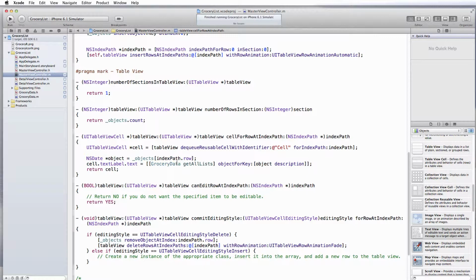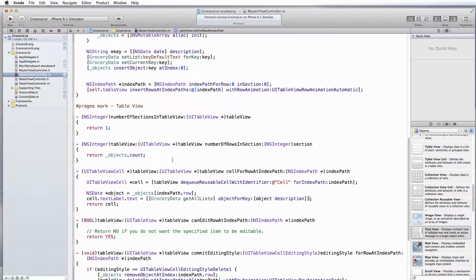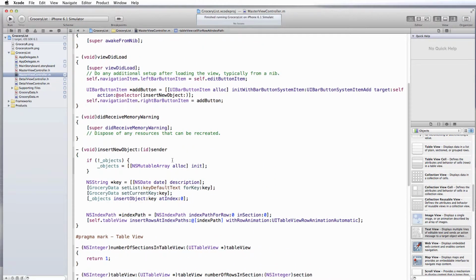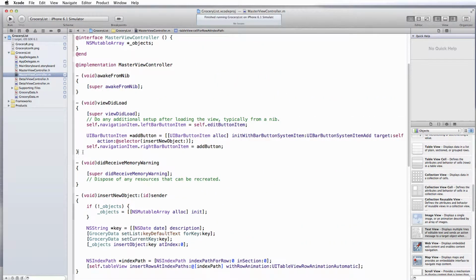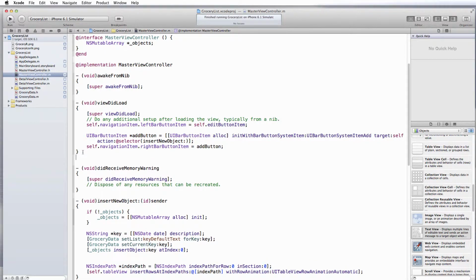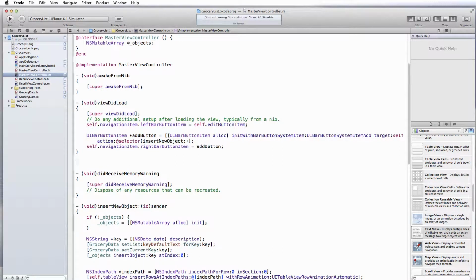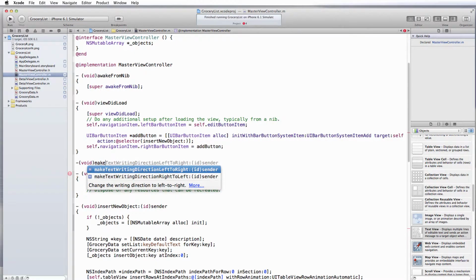So the next thing we want to do is work on the organization of these grocery items on our list. Now I'm going to decide to put the newest item on the top. You can decide whatever order you would like for whatever kind of a list you're creating. So I'm going to look for the viewDidLoad method. There it is. And what I want to do is write a method just below that guy. And I'll go ahead and it's going to return void, and we'll name it makeObjects.